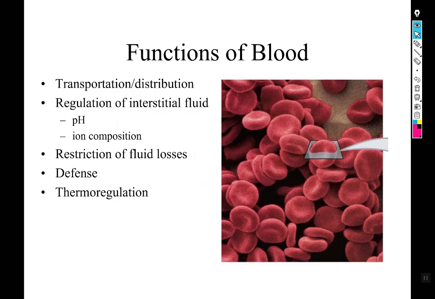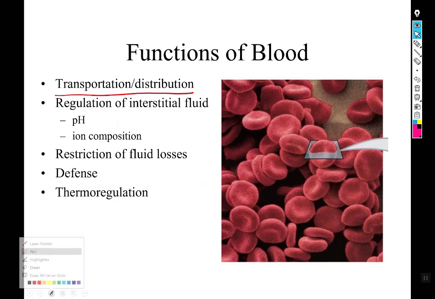We have to speed diffusion along by using a circulatory system to physically move things past each other. One of the things that moving things past each other accomplishes is it increases the steepness of a concentration gradient and keeps the concentration gradient high. And that is another reason to have blood, in addition to transportation and distribution,